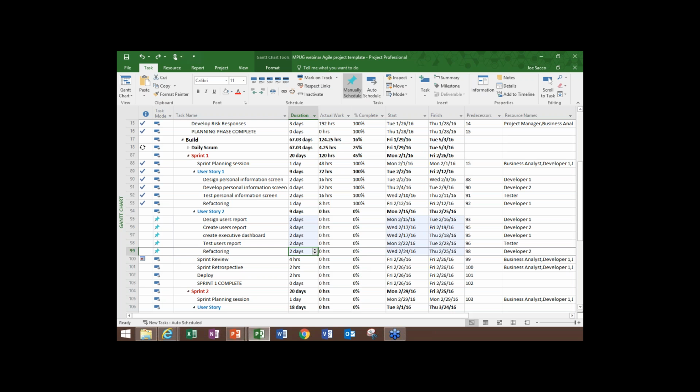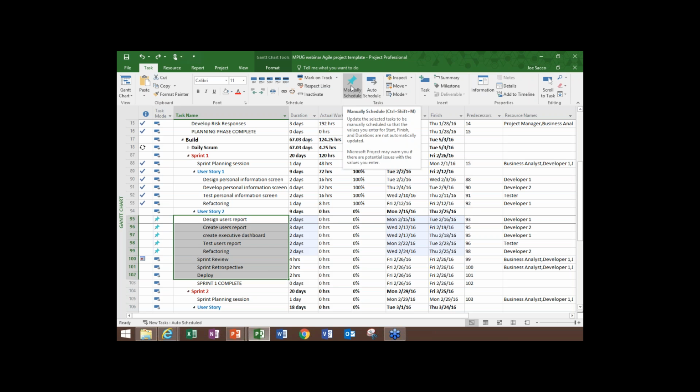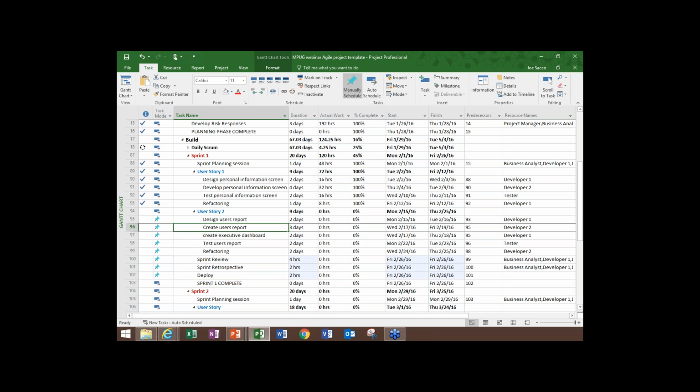So you could also exclusively use manually scheduled tasks. So for instance, I can grab these and go all the way through to the end of the sprint under user story 2, and I can manually schedule everything. So then if I change this, let's say we're going to change the refactoring from 2 to 4 days again, and we start to see some errors.